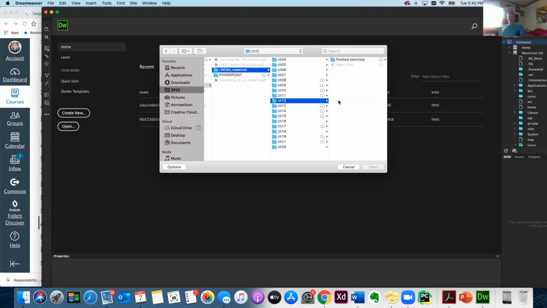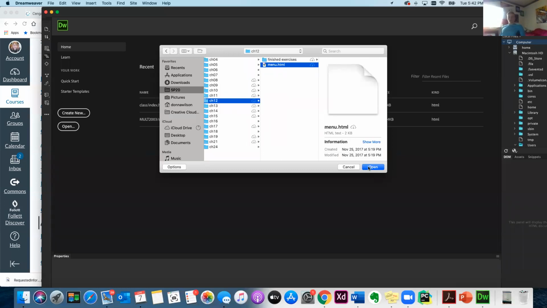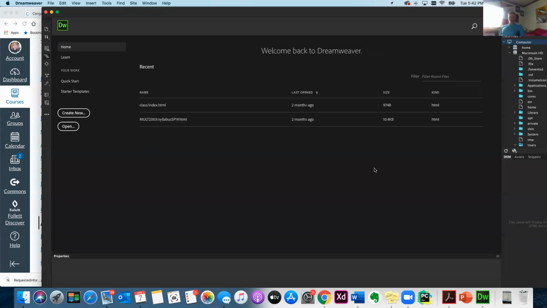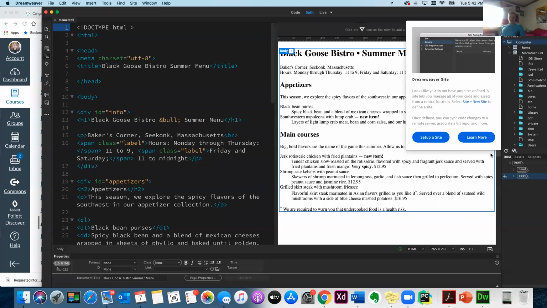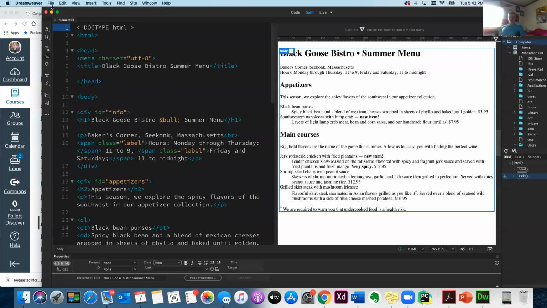This is chapter 12. So you're going to open this document, menu.html. So when we open it up, if we wanted to get the straight code,